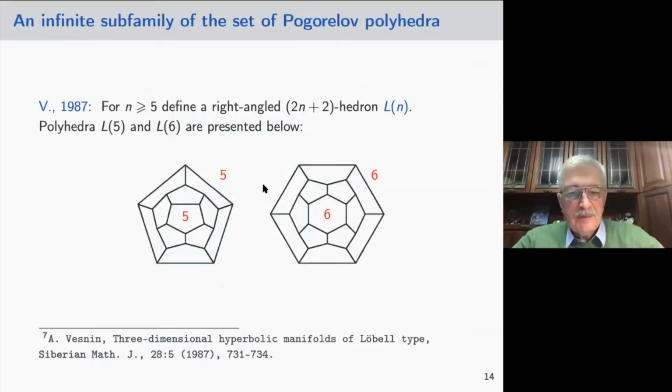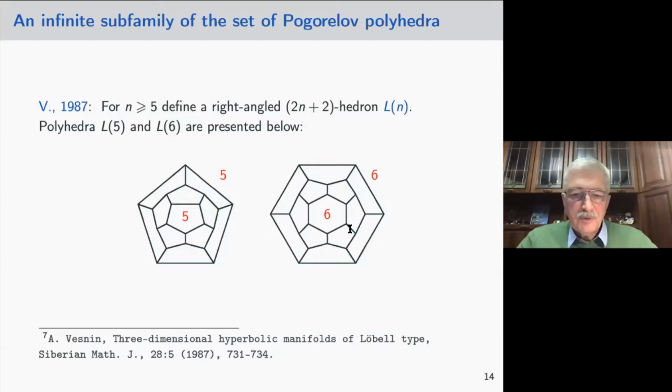Let me consider some family, which I introduced many years ago, and this family generalizes the dodecahedron. So just a projection of the dodecahedron. We have a picture, with a pentagon as the top face and a pentagon as the bottom face, and you have 2 levels of pentagons around it. Let us generalize this idea and consider a hexagon on the top and a hexagon on the bottom, and again 2 levels of pentagons between them, and so you consider it for arbitrary n. And you will get a family of